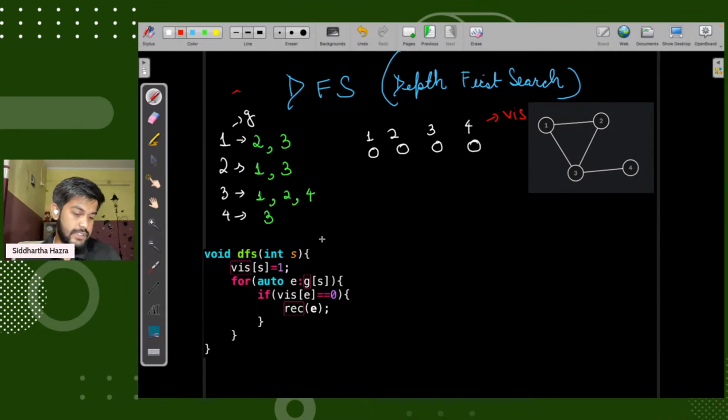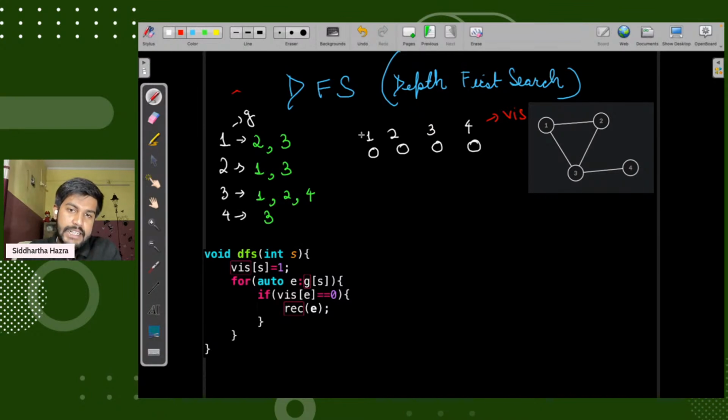So let's say, this problem only. This problem is nothing but us trying to do a depth first search. What is depth first search? Depth first search is nothing but a way to traverse the graph. First we made a graph like this. We made the adjacency list representation of it. We wrote the code of DFS, which I have not yet explained to you.